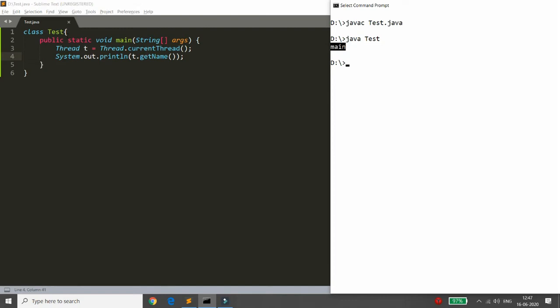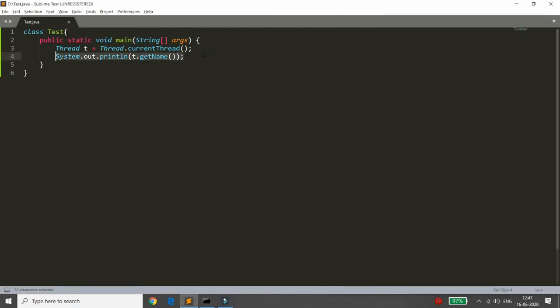Suppose I want to print a message continuously in the main thread, then here you can simply write a while loop. Suppose I am writing one while loop, that is while true, and here I'm just printing the message, that is System.out.println("Java is interesting"). Now I want it to wait for some time, because whenever you are executing any message inside the true, it will go infinite, right? So I want that for every message the system should take a pause.